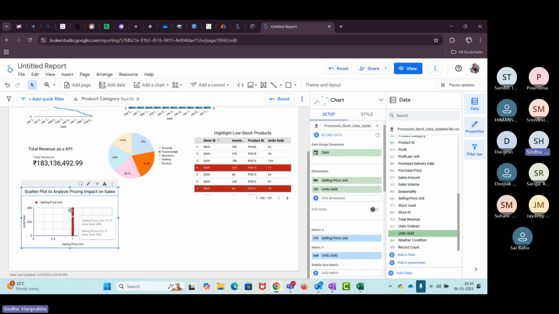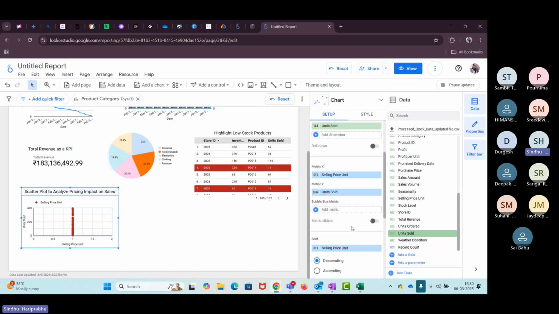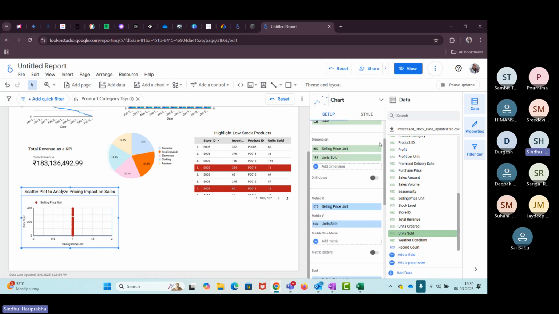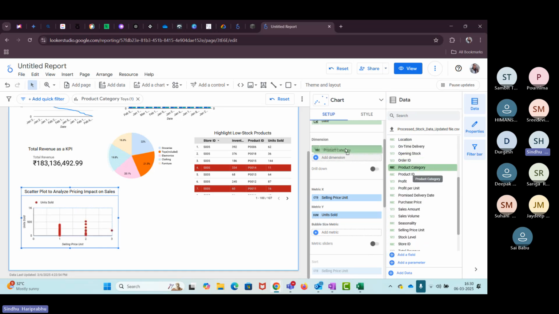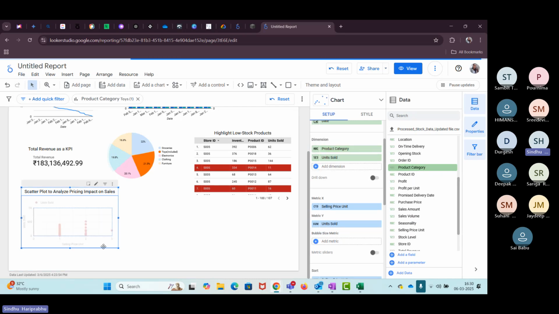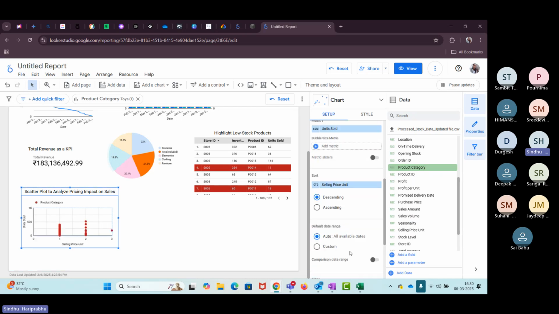Selling price is 11.71, unit sold is 373. It is displaying the wrong thing. So you always have to know what is a metric and what is a dimension. The product category goes under dimension. Now it is enabling you the product category.